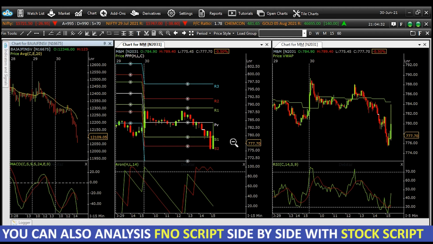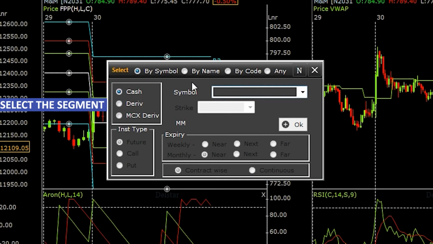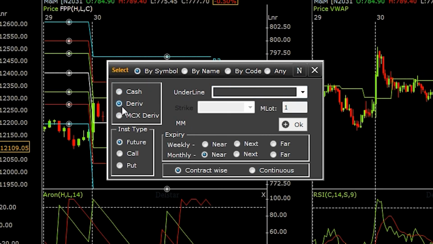You can also analyze an FNO script side by side with the stock script. For example, I have added the Bajaj Finserv monthly future of 12,000 contract.